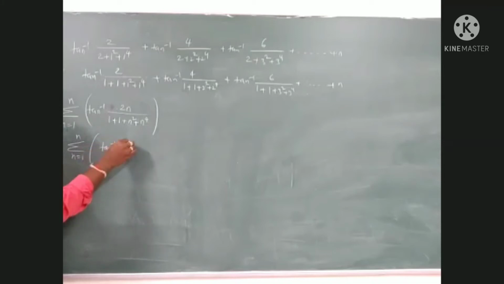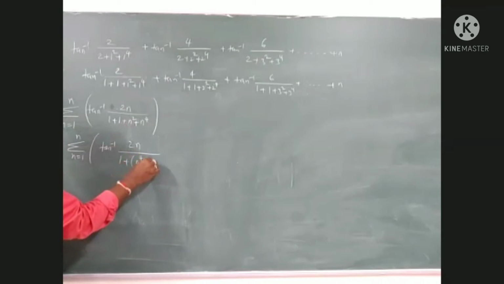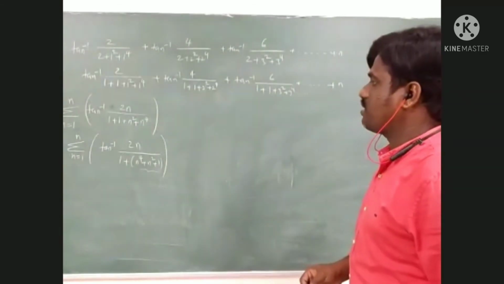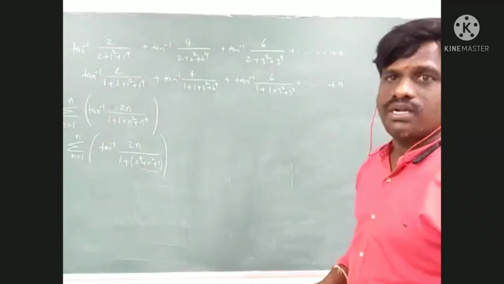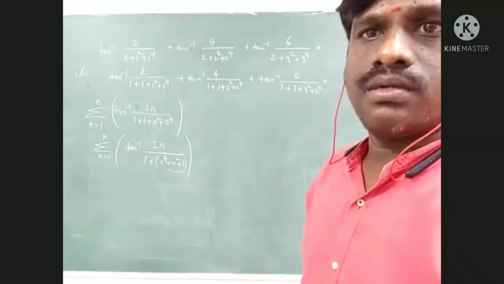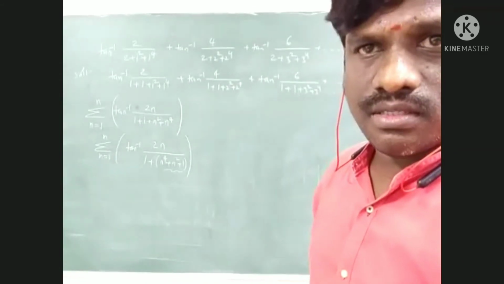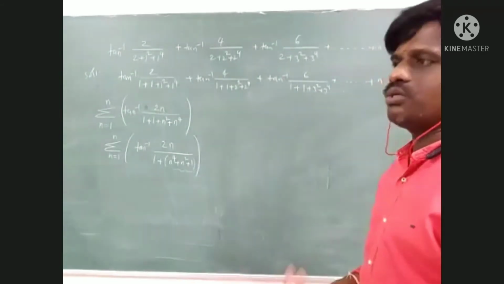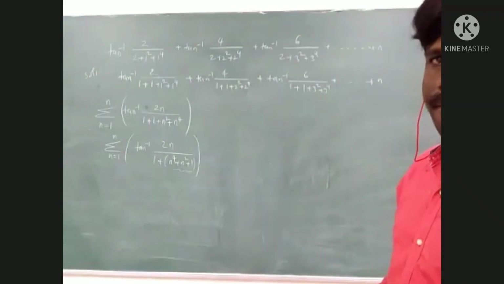This one I have to identify: what are the factors of n power 4 plus n square plus 1? Do you know the factors of this one? This is very important for JEE. N power 4 plus n square plus 1. Do you know what the factors are? Please let me know. Answer it. No, sir. Okay, so you don't know.